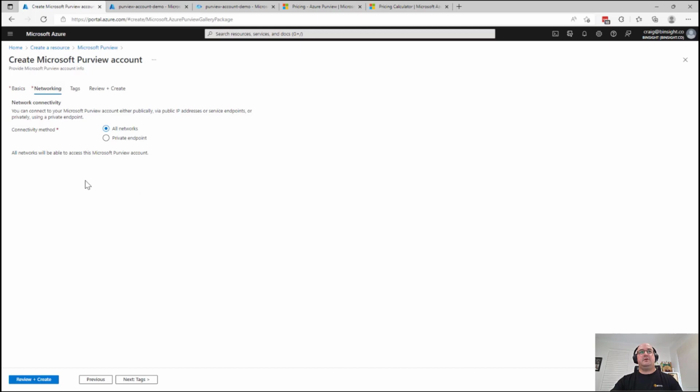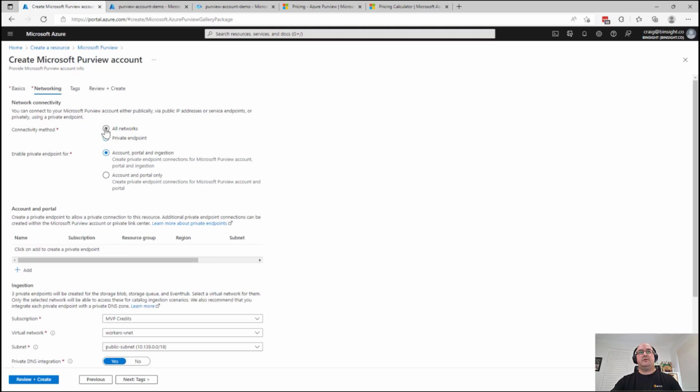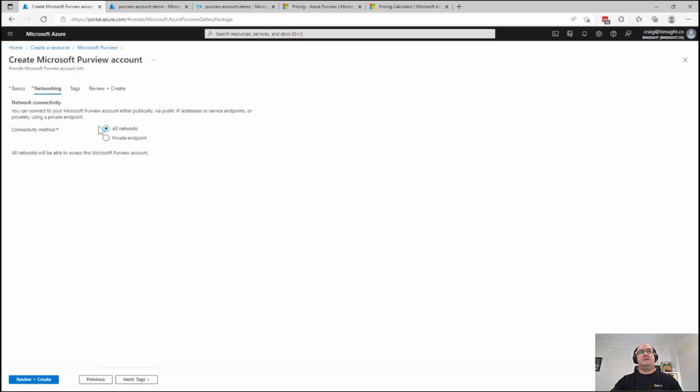Next is networking, and you, as usual, can choose to allow connectivity from all networks or go on to private endpoints and VNets, etc. But we're not going to get into that detail today. And that's pretty much it. So it's really simple to create. However, I will give a slight warning. This tends to catch people out